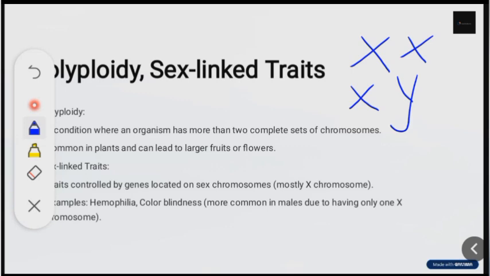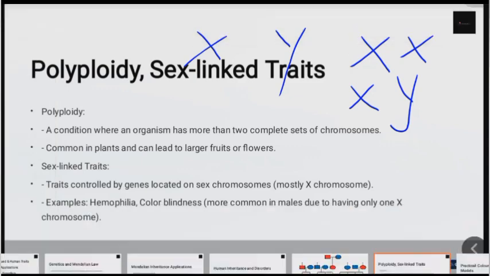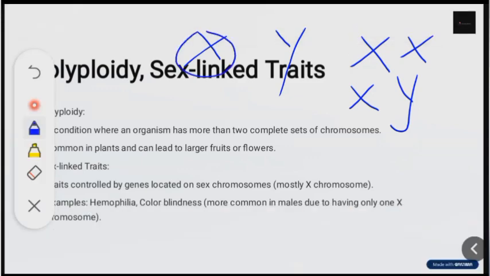First of all, X and Y are also called sex cells. X and Y are called sex cells. Sorry, they are called sex chromosomes. Now, the peculiar thing about the sex chromosomes is that they